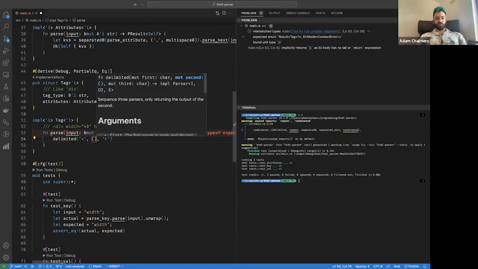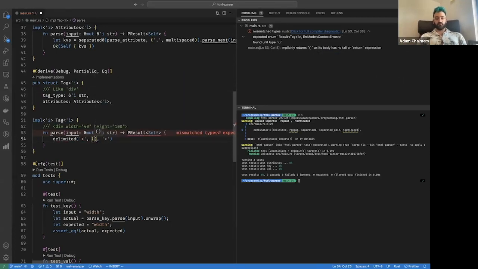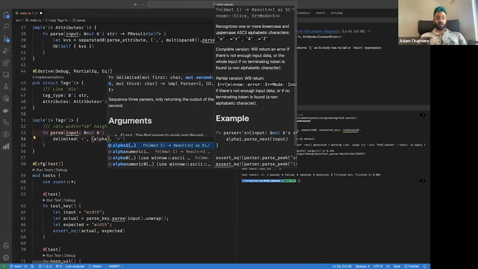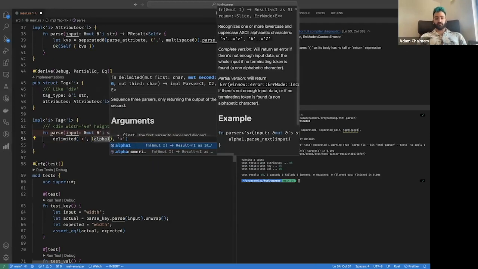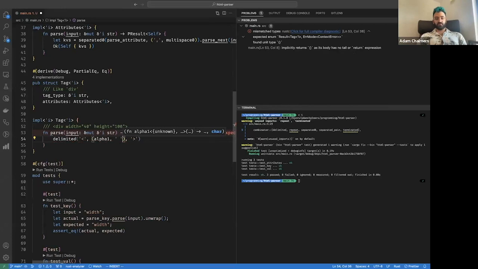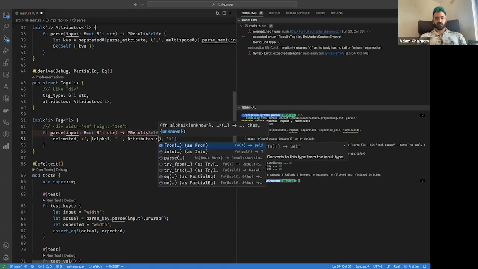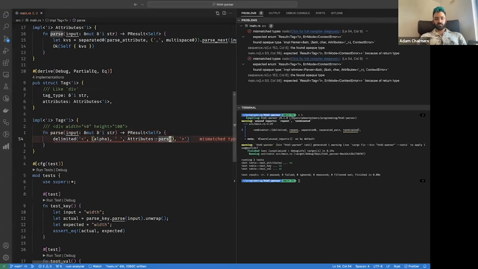We're going to parse out, firstly, the name of the tag. So we can just use alpha1, I guess. And then a space. And then the attributes. And once we've got that,